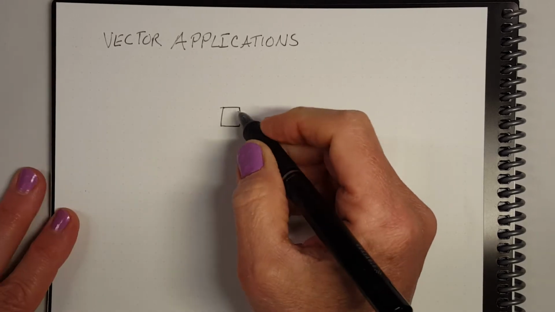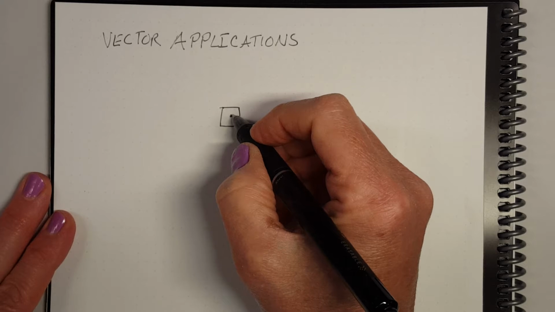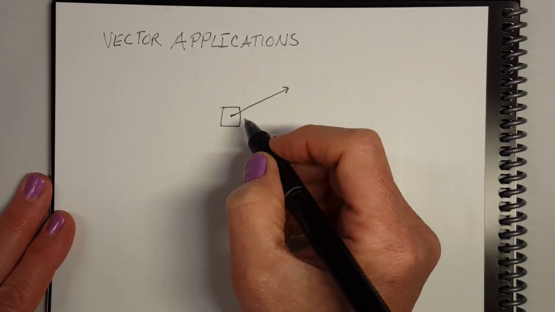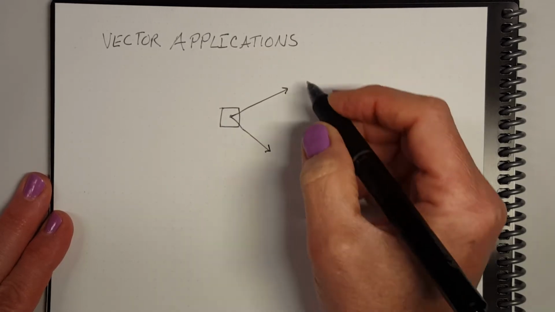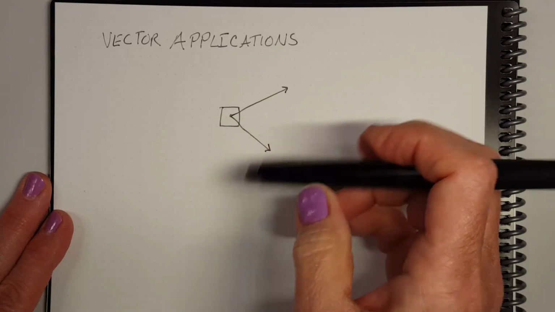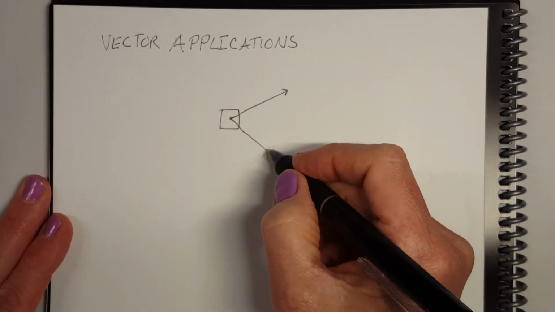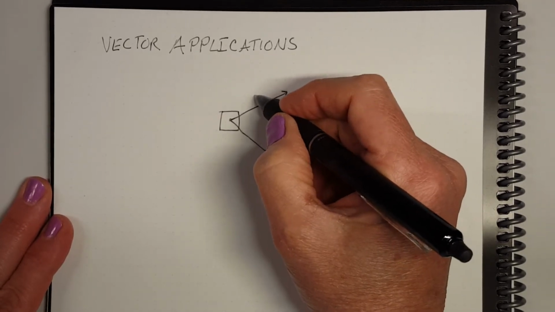If I teach chemistry, we might be talking about atoms and electrons and ions being pulled by each other. If you're talking about physics, maybe you have some different masses that are involved in the situation. But I'm going to draw in three forces. I'm going to make my vector arrows represent the length of these forces. So we have a 20-pound force